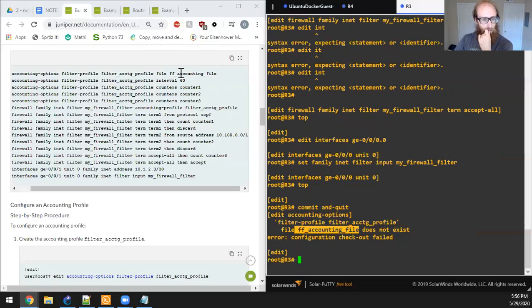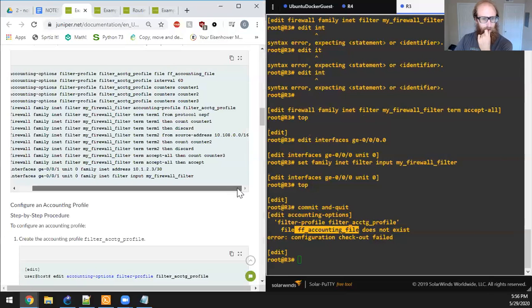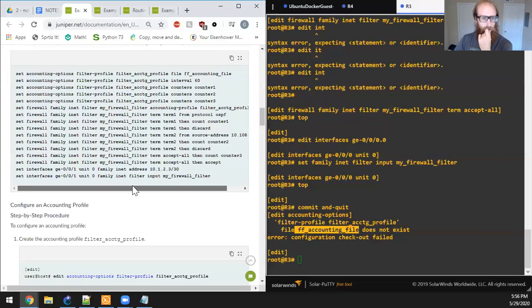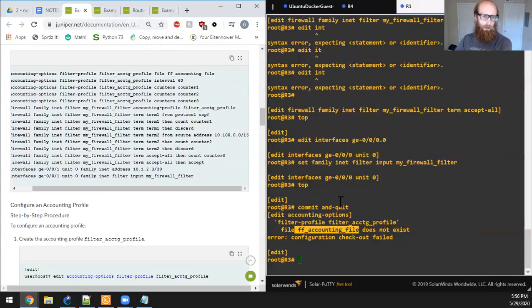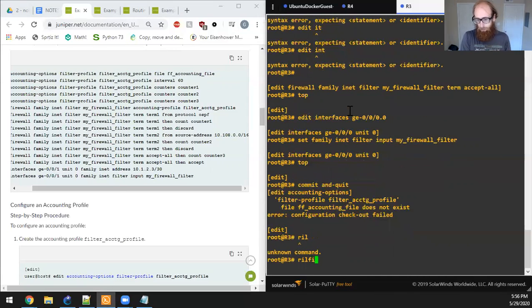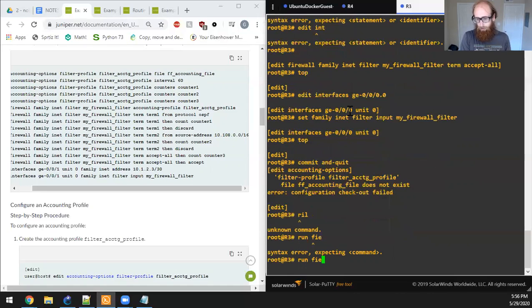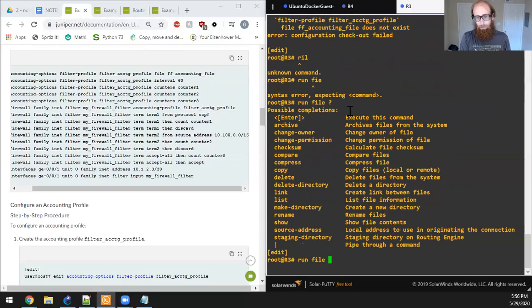I thought it would just create it. Usually it just creates the file. Like that's the point. Like when you do a trace options, the file doesn't have to exist already. You can just create the file. Like it'll just create the file for you. So I don't know why it needs to have this file pre-exist. I mean, I can just do a run file and then create or file